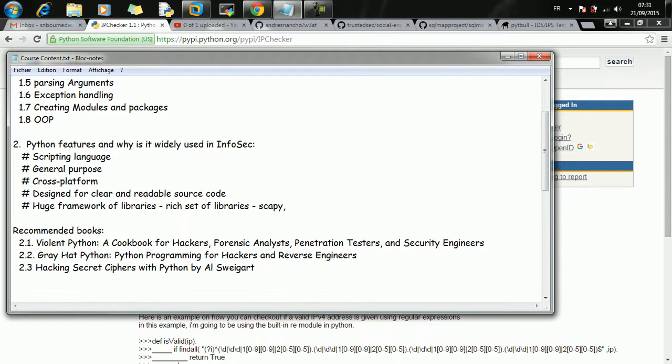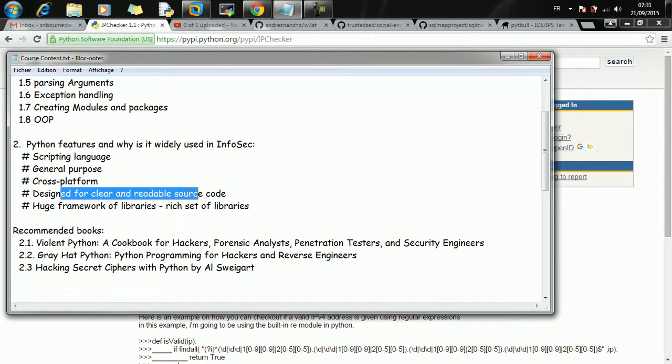There's also Paramiko and Pexpect. There are a lot of libraries. For example, you can import ssl. There's a rich set of libraries that you can leverage.